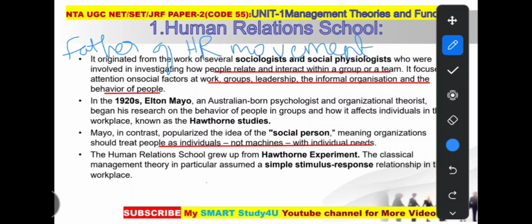Elton Mayo was investigating how people relate and interact within a group or a team. It focused attention on social factors at work, group, leadership, the informal organization, and the behavior of the people. Human relations school grew out of the Hawthorne experiments. The Hawthorne experiment was conducted in 4 phases: an illumination study,